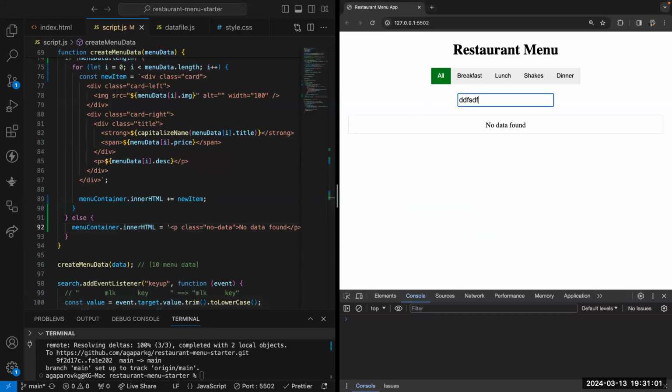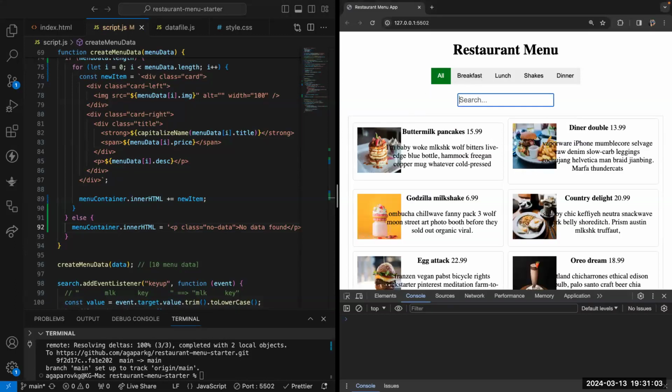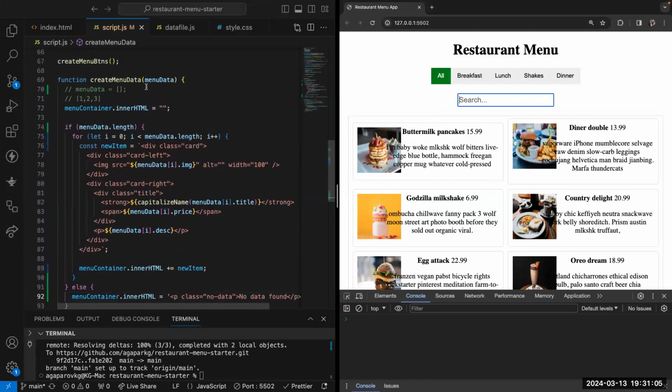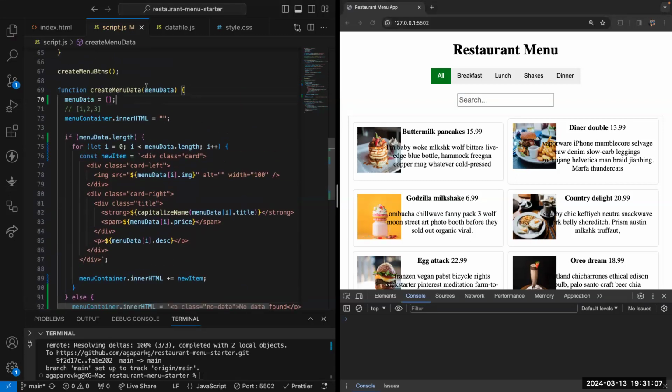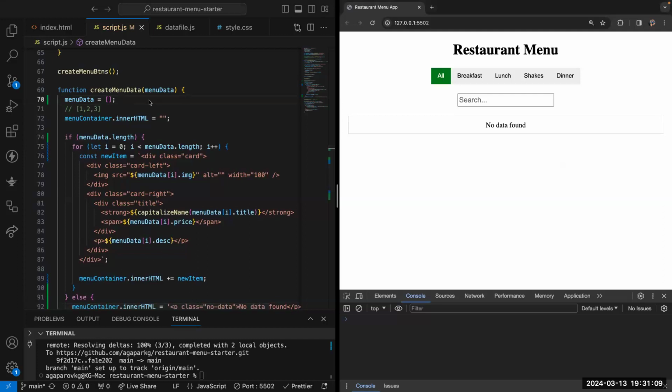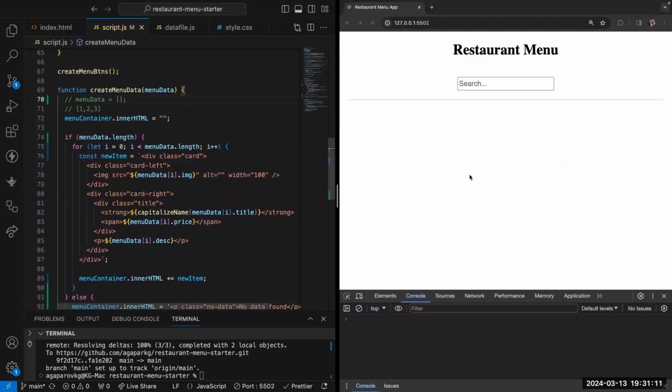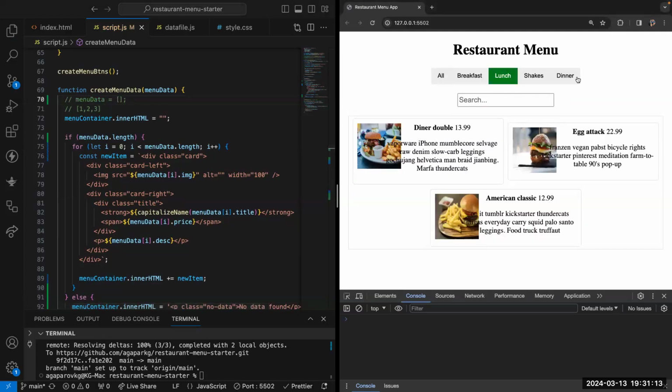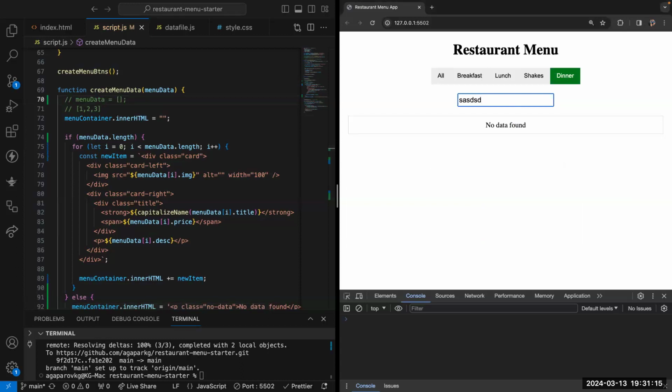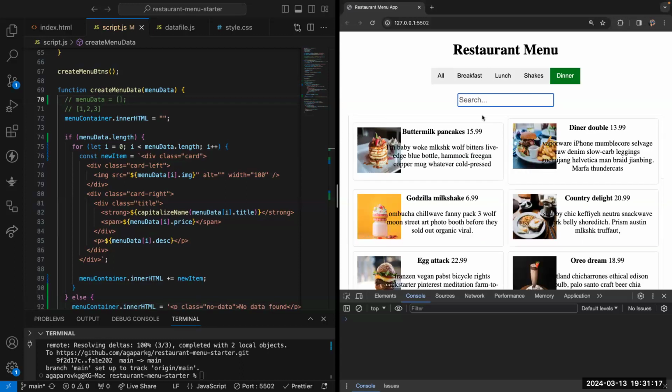And if I type something, no data found. Bring it back. So let me bring this menu data empty array. Now, no data found. No data. Okay, so